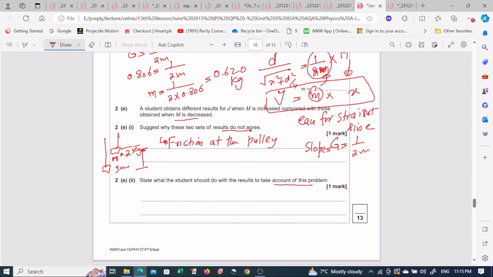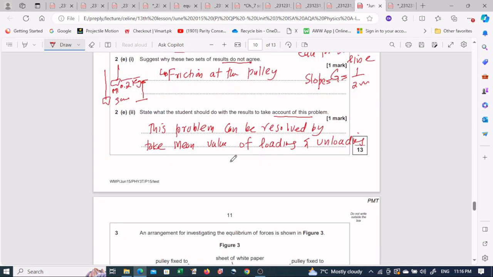This problem can be solved by taking the mean or average value of loading and unloading. We perform more than one reading, and then take the mean or average value so that our result is more accurate. Okay, now